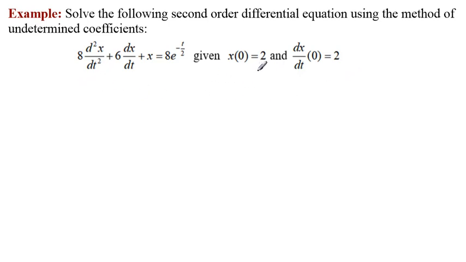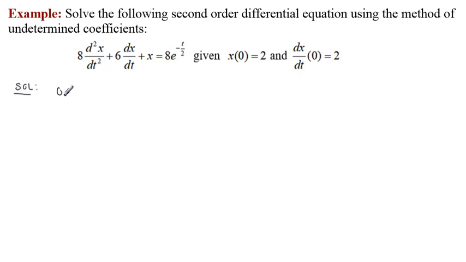This is actually an initial value problem, because we're given initial conditions here: the value of the function at 0 being 2 and the first derivative at 0 being 2. So what we're going to do here, for the solution,